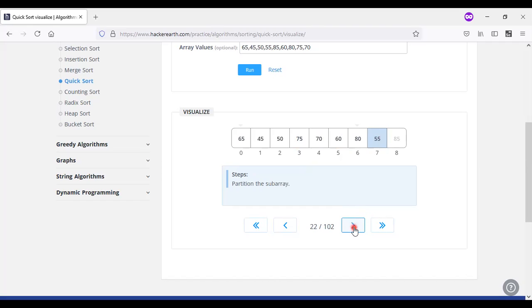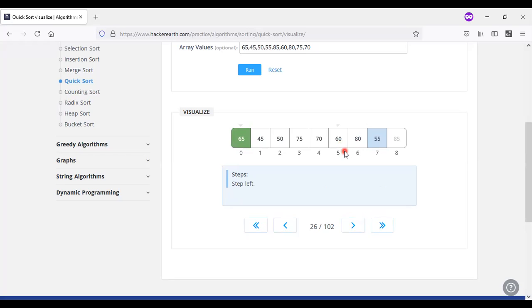Now see, compare the values with this one, 65 and 80. So in this one, 65 and 80 both are greater than the pivot element, and we need to process this one. The 65 you are considering should be taken into account and go for the element. We can't exchange the 65 with the 80. Why? Because it is also greater than the pivot element, and we can't exchange this one. So we need to stop at this 80, and we need to go for the decrementation, and move to the left side.